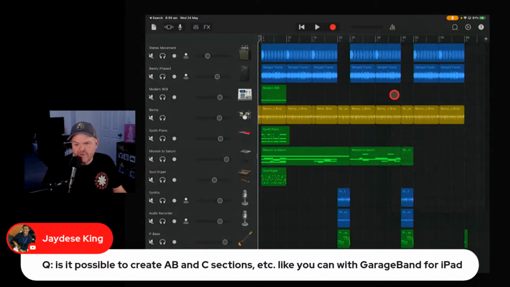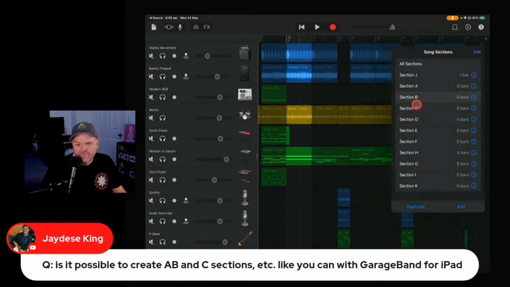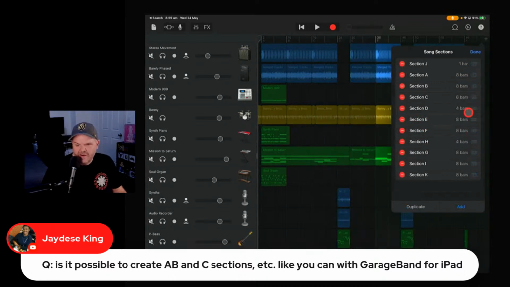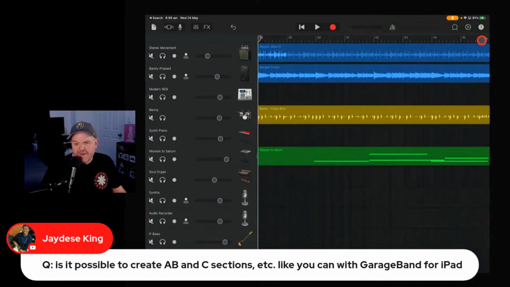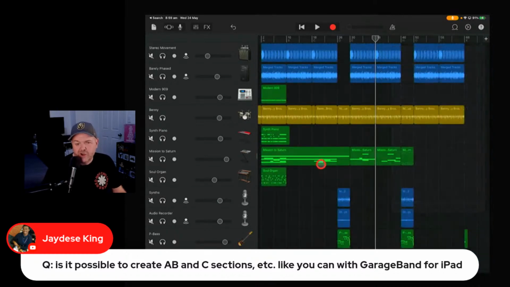So you'll notice here that in this project, I've got these sections set up for this track. So you've got all your different sections and you can actually jump between these. And I personally found this a pretty convenient way, especially with a track like this, to arrange it, because you could easily grab a section, go to your edit mode here, and move it between the two and actually swap sections around and add sections in. It did make for an easy workflow. For me, anyway. It worked for me. Others, your mileage may vary, and in fact, I think about 98% of GarageBand users didn't use sections.